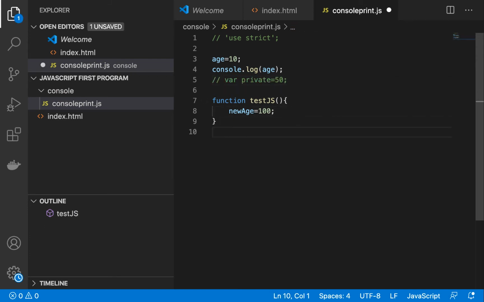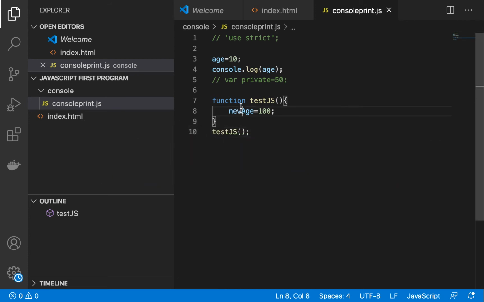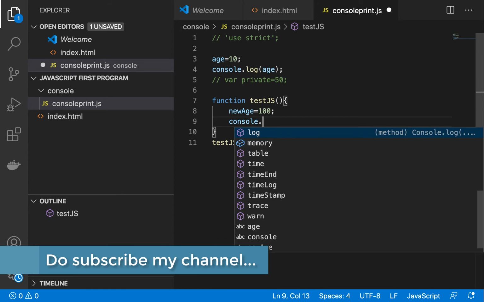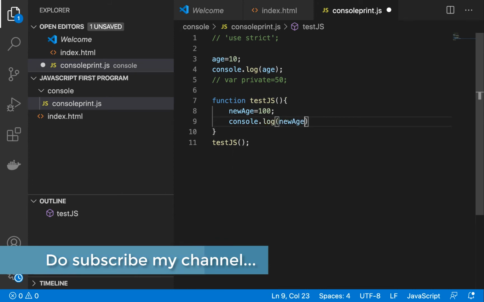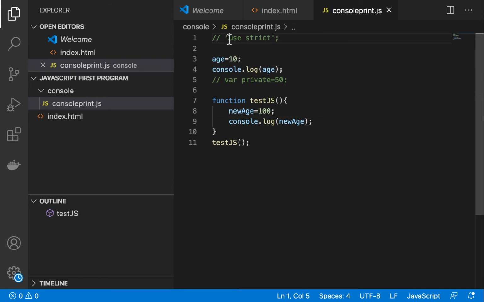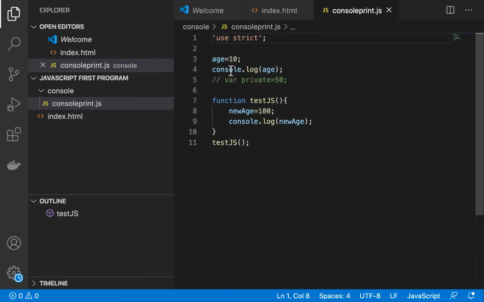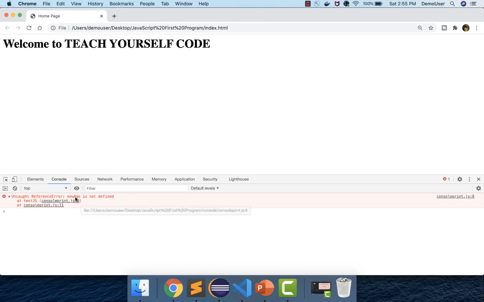I will comment this code over here. After this I will just try to call this particular method and save it. Before that, let me give a print of this, save it, go back to the browser and refresh it. You can see now both the values are coming properly, because it's not in strict mode, it is in the normal mode, and it has not been checked for any error. Now if I uncomment this, save it and refresh it, you can see it's coming first for age. If I comment this here, save it and refresh it, it will come now for newAge.